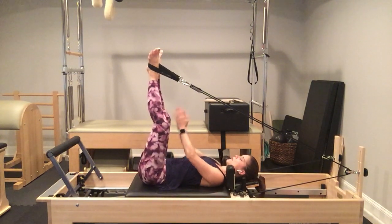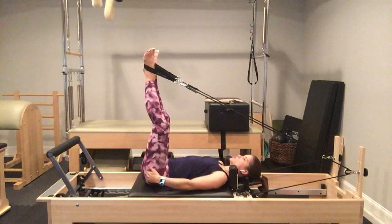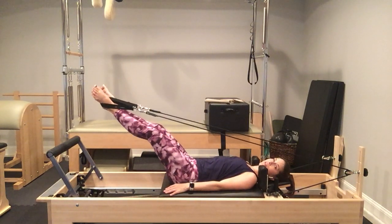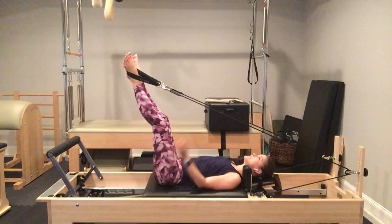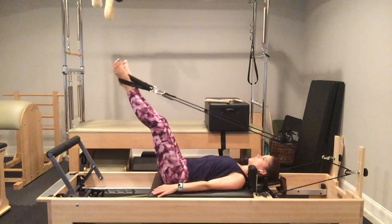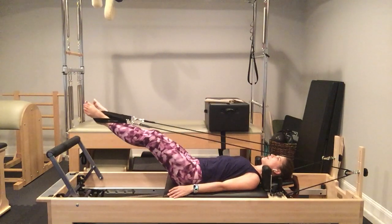Squeeze your heels strongly to encourage engagement in your inner thighs. Tweeze your seat. We're going to inhale, exhale, draw our feet down to working level with our hamstrings and glutes, and float our legs back up to the ceiling, maintaining a neutral spine the whole time. And exhale, and lift. Our legs are moving independently of our body,